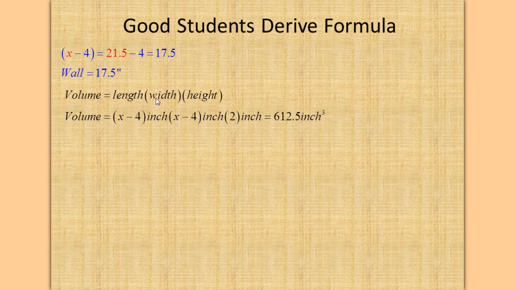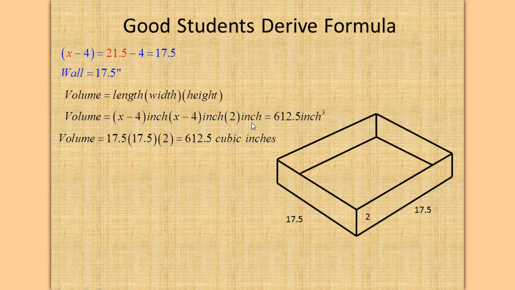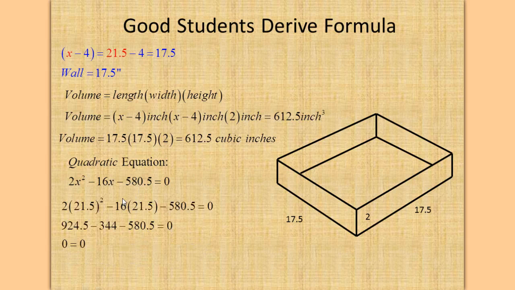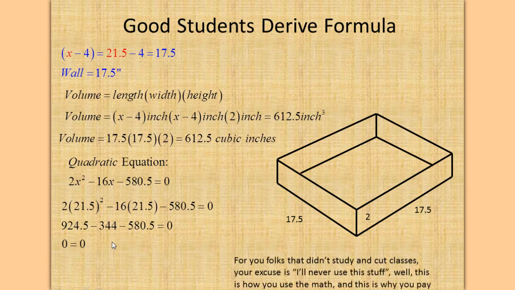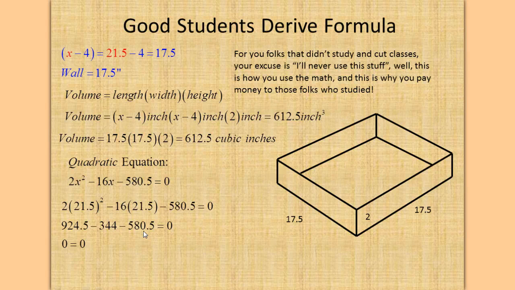So our volume equals length times width times height, and our length is x minus 4, times x minus 4, times 2, equals 612. X minus 4 is 17.5, so 17.5 times 17.5 times 2 equals 612 cubic inches. And in the quadratic equation 2x squared minus 16x minus 580.5, if we plug in 21.5 for x, everywhere we have an x, we end up with 0 equals 0,